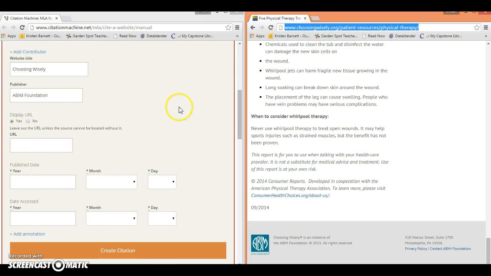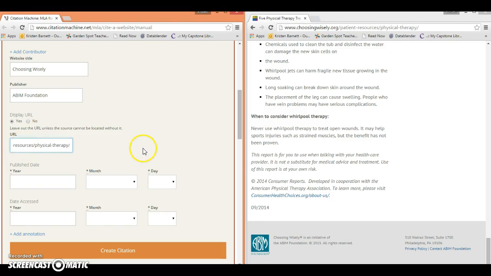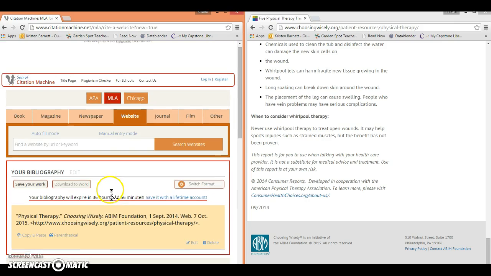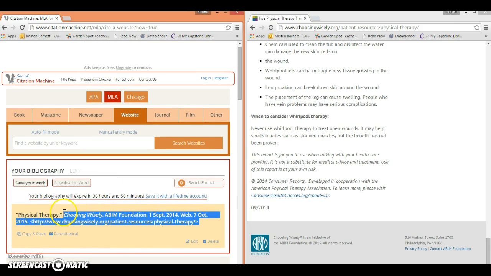It makes it a little bit easier for me to tell whether your sources are credible for the sake of learning research. Published date, the date that it was published, I see down here September 2014. So 2014, September, there is no day listed. Date accessed is today, so 2015, October 7th. I hit create citation. So here it is. I'm going to copy it,